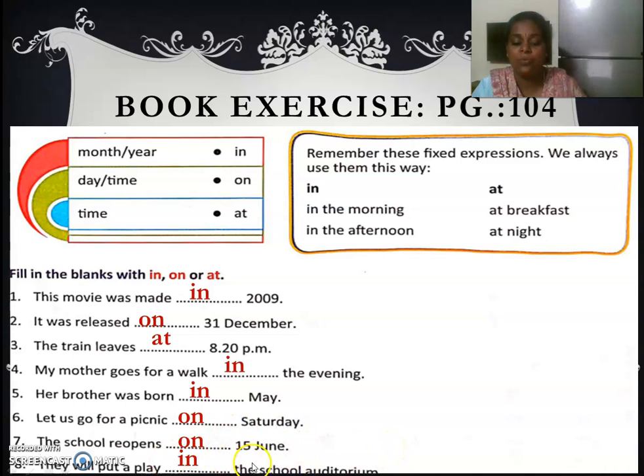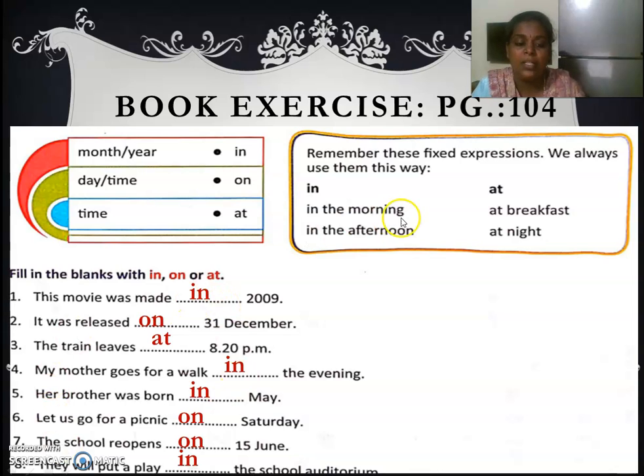But this last one is different. The time is not mentioned. It is related to plays actually, so don't get confused. The last one is about the plays. Prepositions come for place, location, time, all that. Here we have seen only time, but in the grammar book you get place also. Place and location are also given. That we'll discuss later. Till this only you are going to practice today.